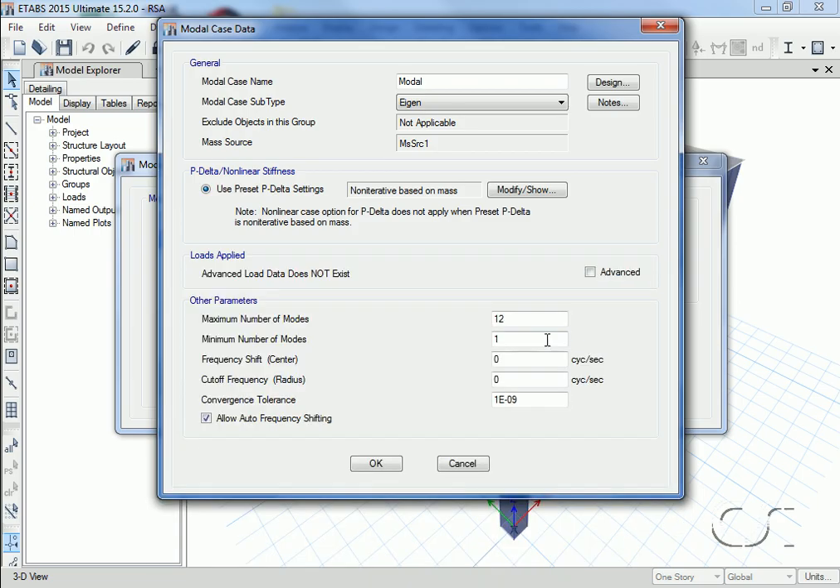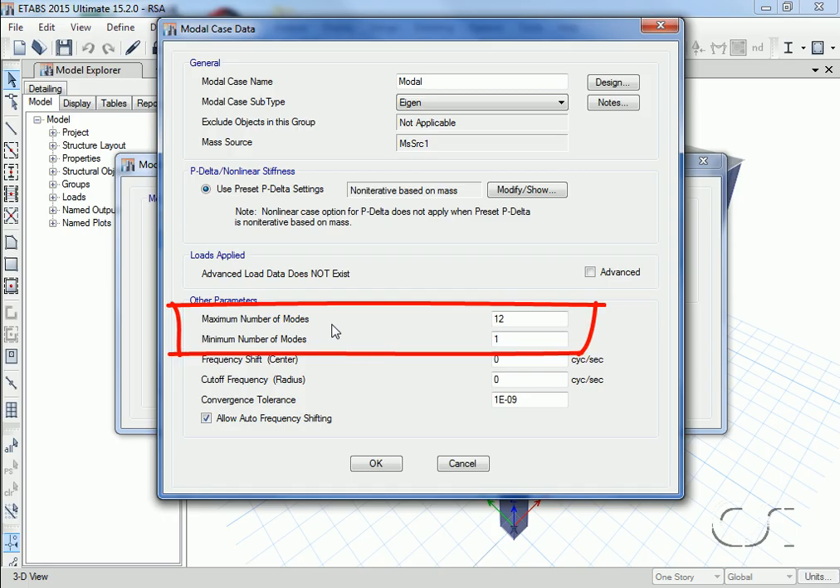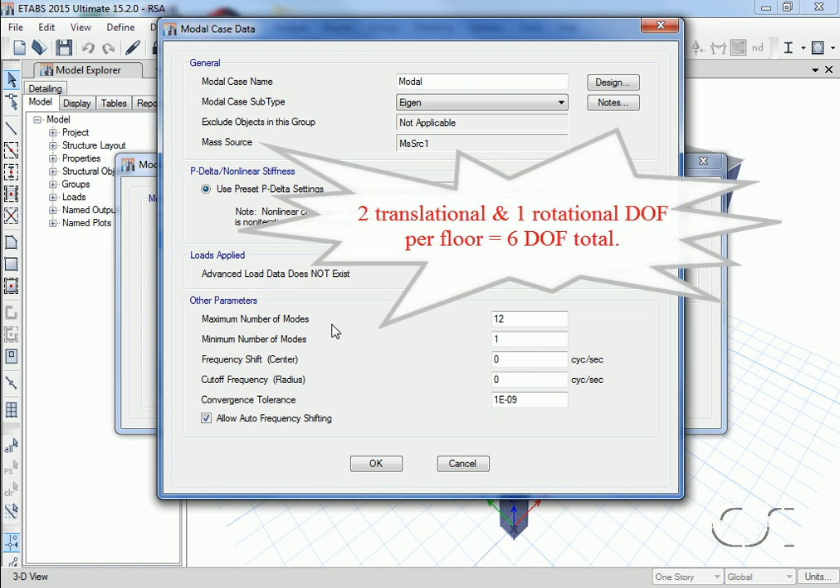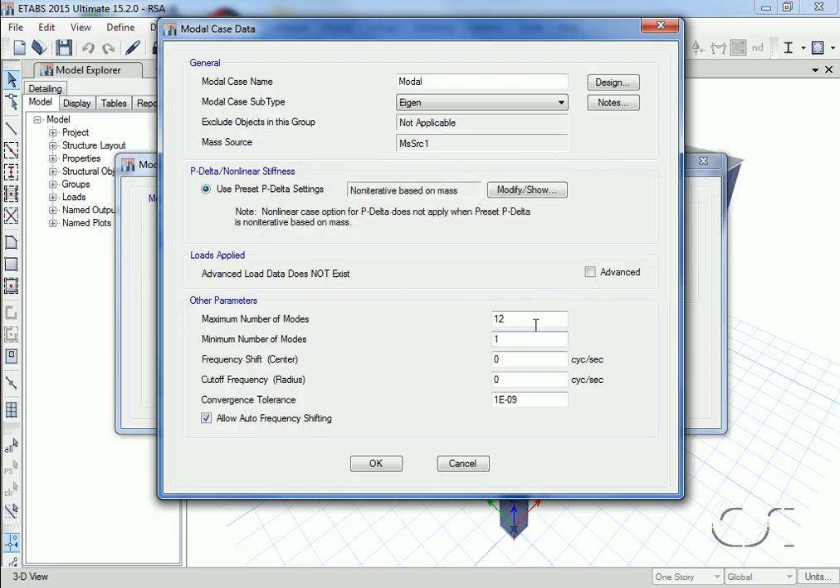In the other parameters section, we can specify the maximum and minimum number of modes to be calculated. The response spectrum analysis will only use the modes that are actually found. Because our building is being modeled using rigid diaphragms, and we are not interested in vertical excitation, we will only have 3 mass degrees of freedom per floor, 2 translational and 1 rotational. Therefore, 6 modes should be adequate to capture the response that we are interested in, so the default of 12